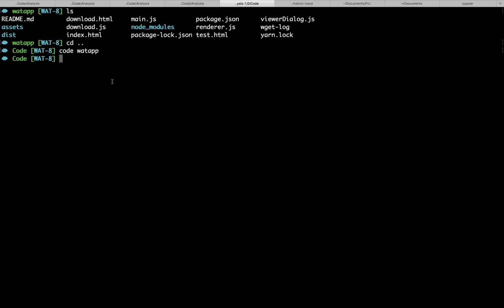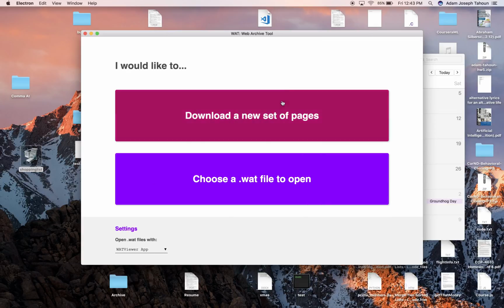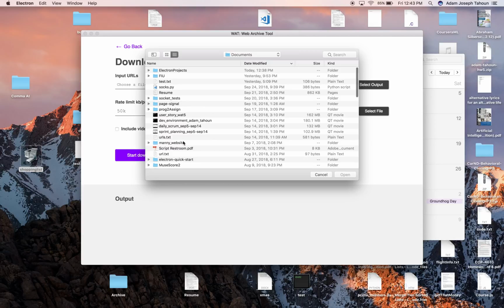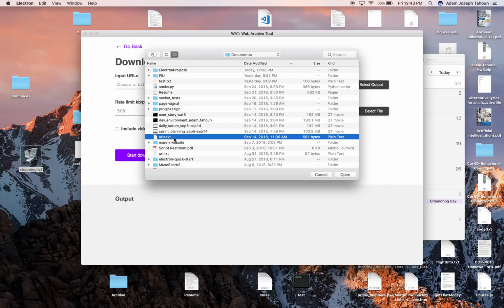Implement a pause and play button while downloading the URLs on our WAT application. So I'm going to start the app up. So if, in our WAT application, when we give a URL, a link, a file of URLs, we want to